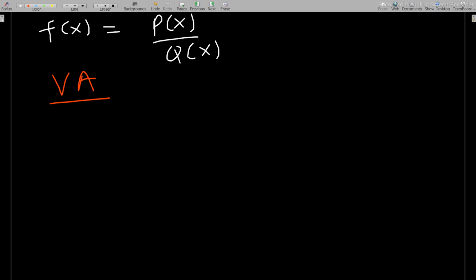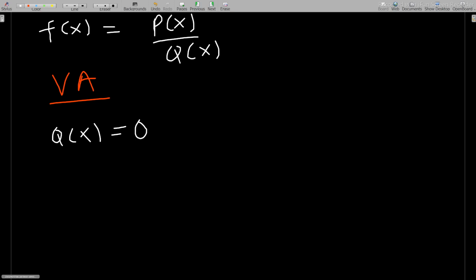For a rational function, the only values that will make it undefined are when the denominator is equal to 0. But before we represent f of x as p of x over q of x, you should make sure that they have no common factors apart from plus or minus 1. If they have other factors, you have to factorize and cancel them out before you can find